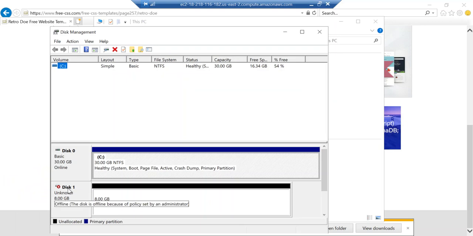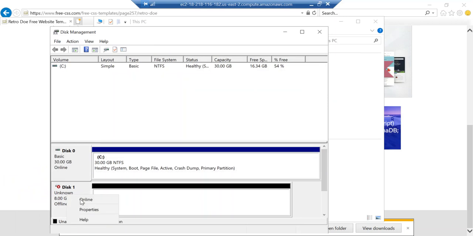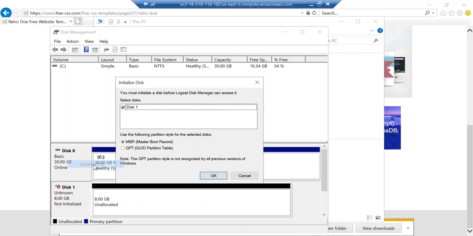See, here I have disk 0 and disk 1. Disk 0 belongs to C drive. Here I am going to create D drive from disk 1. Just bring the disk online. Once it is online, you can initialize disk 1.